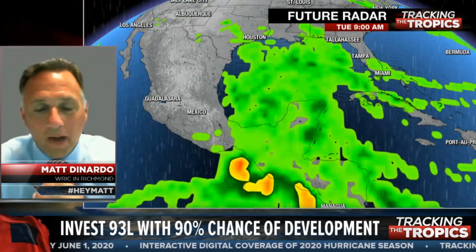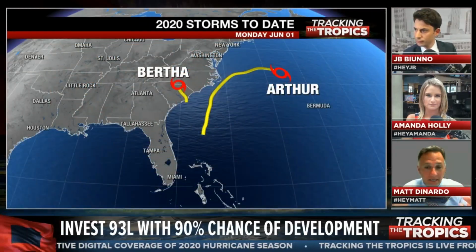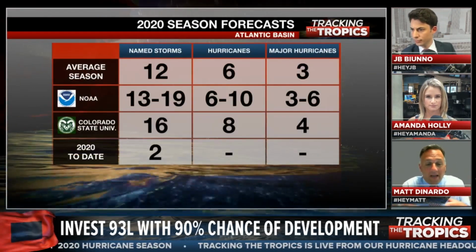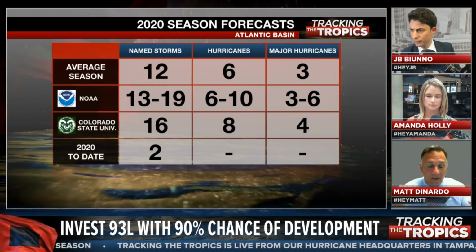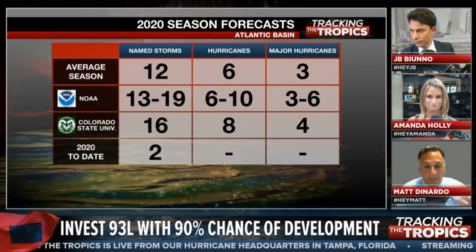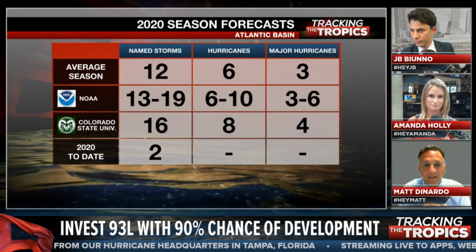I mean, just incredible stuff when you look at these numbers. Like I just said, we're seeing the maps here. We're looking at potentially in the next 2 days to 5 days, this storm, which could be Cristobal, and this is unbelievable. Before hurricane season even officially begins, right today, 2 already, 1 in the first couple of days, and as Amanda said, that's record setting, and it's just really, really scary when you think about it,